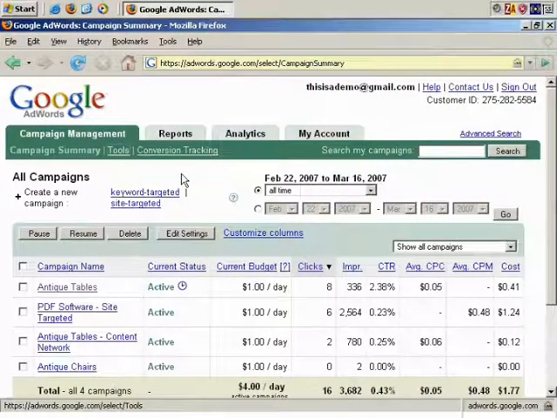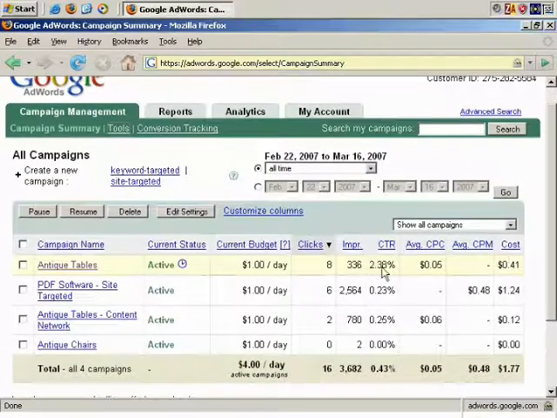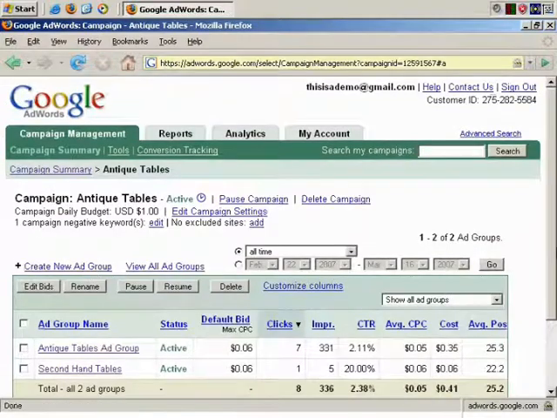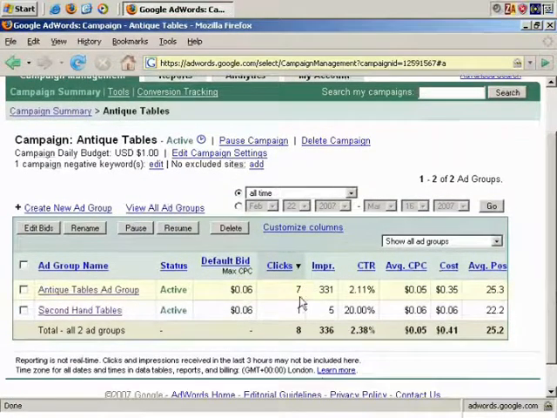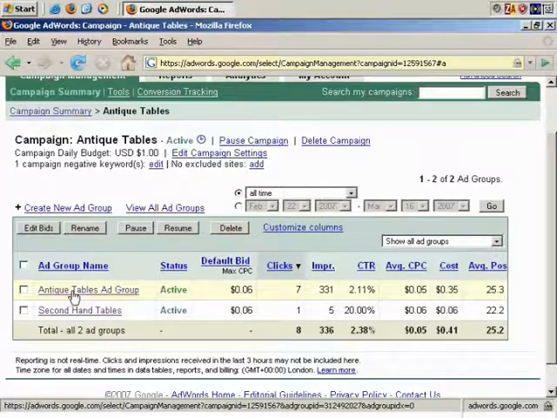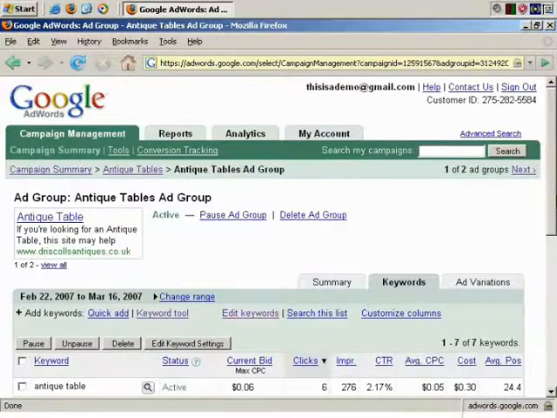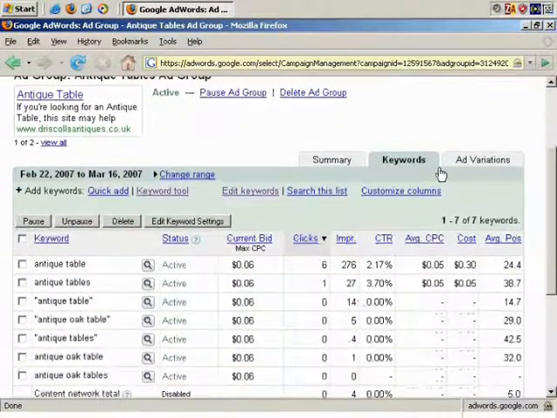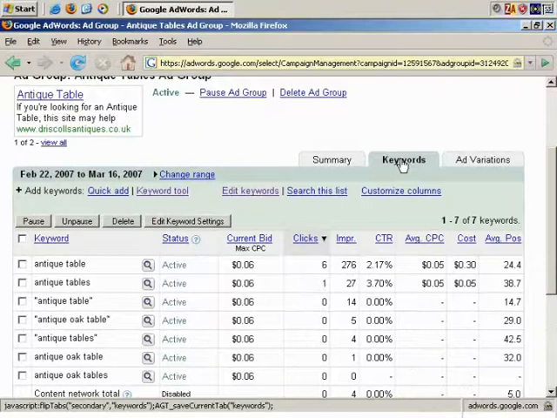In this video, we'll look at the Google AdWords Traffic Estimator tool. Google AdWords offers you a tool that can be used to estimate how much traffic you can potentially get from certain keywords, and you can approach this tool two different ways. First of all, if we go into our Antique Tables campaign and look at the more heavily trafficked ad group, which is the Antique Tables ad group, at the ad group level, if you have the Keyword tab selected and click on Edit Keywords,